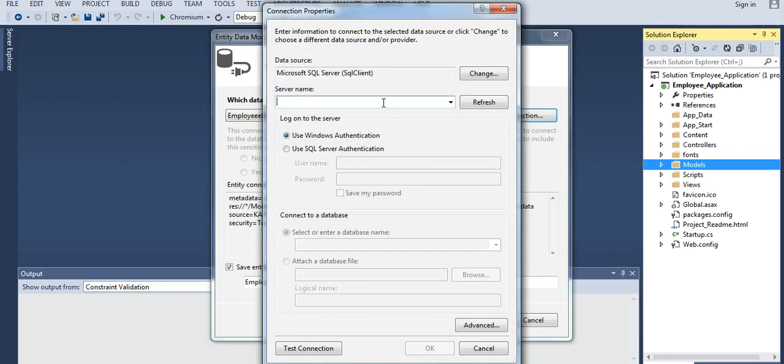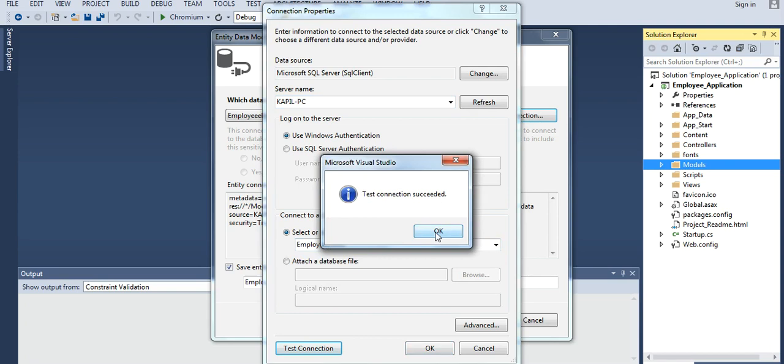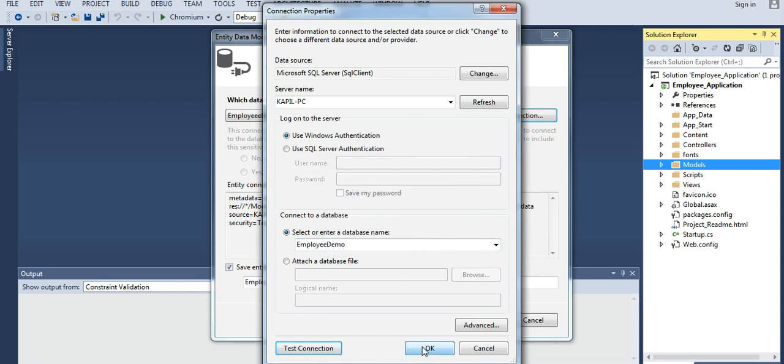Then mention your SQL server name over here. Select your database, test connection, then click on OK.